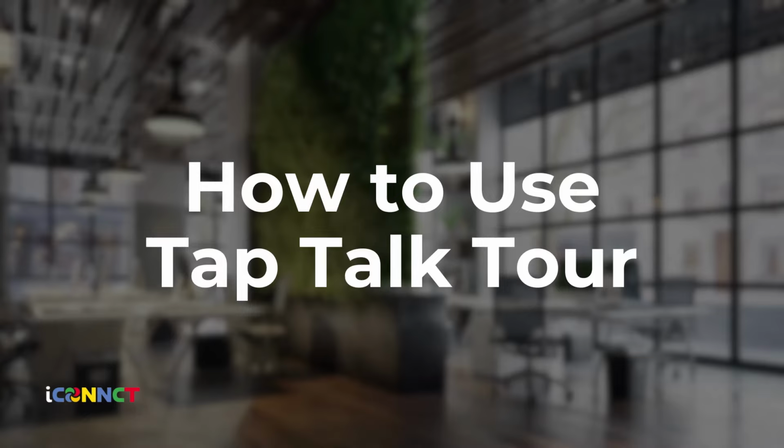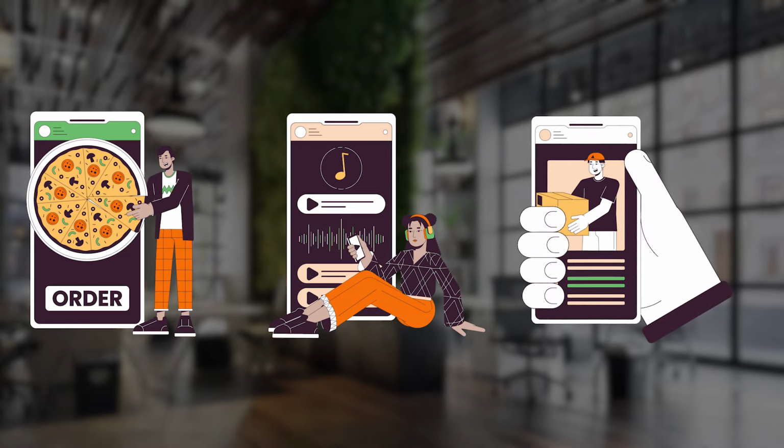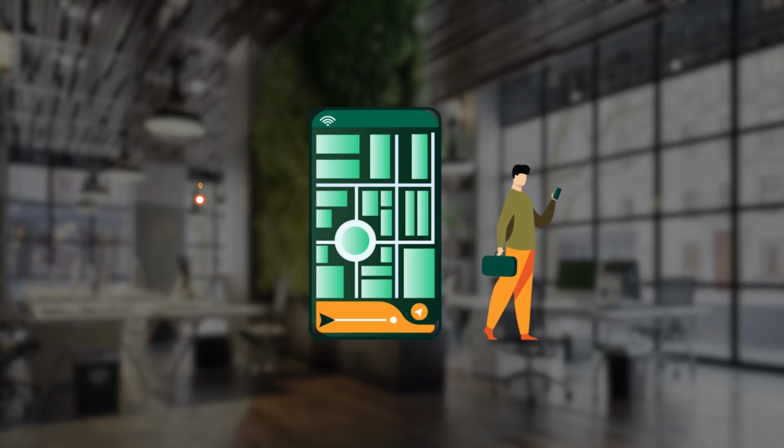People today want everything fast. They want snacks, movies, and even their shopping done instantly. And now they expect the same from their real estate agents. iCONNCT's Tap Talk Tour makes it incredibly simple for customers to connect with you directly from anywhere, any device, at